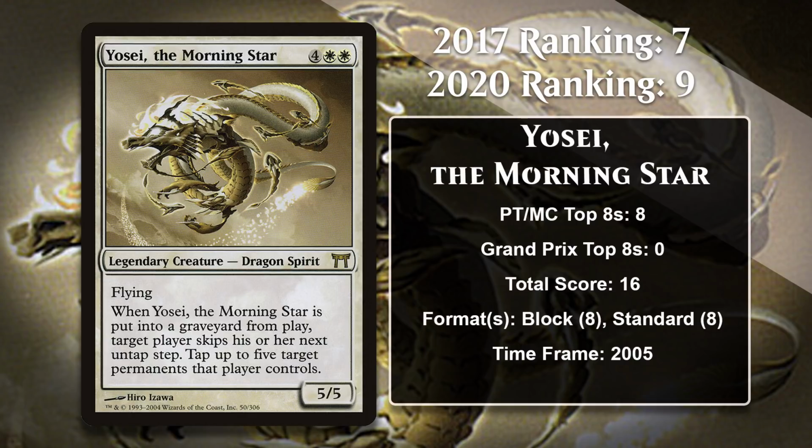That means your opponent is put in the horrible situation where they can either kill Yosei, or give up on developing the board at all for an entire turn, or even potentially opening themselves up to lethal damage if you tap down their creatures. That is a rough pick-your-poison scenario for your opponent. It was particularly nasty in Standard decks built around Glare of Subdual, as it could really lock down the board